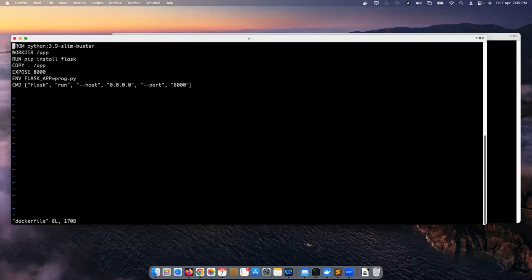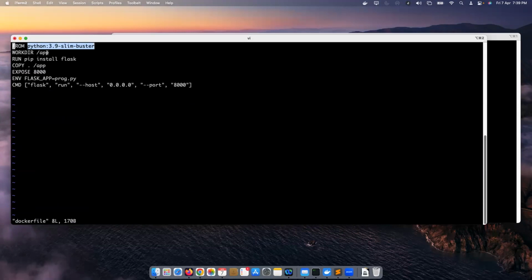What this Dockerfile actually contains are the instructions for how you're going to run this and how you're going to bundle it. My application requires Python, so Python 3.9 Slim Buster is nothing but the image name for this Python application.